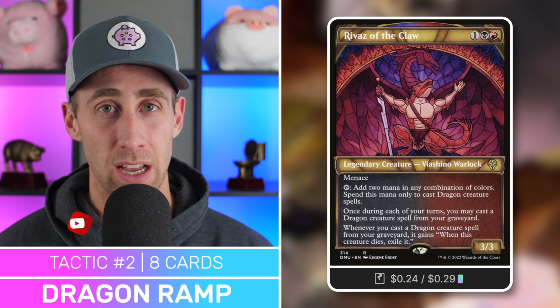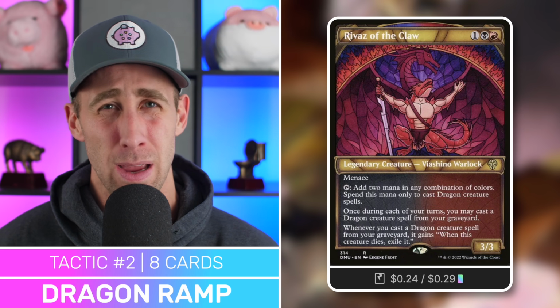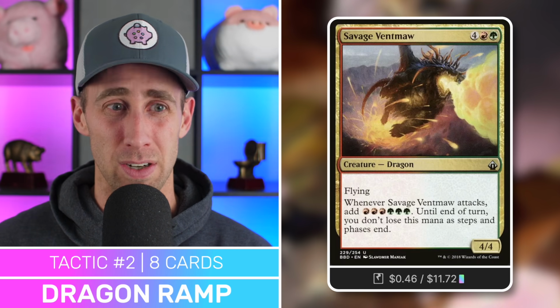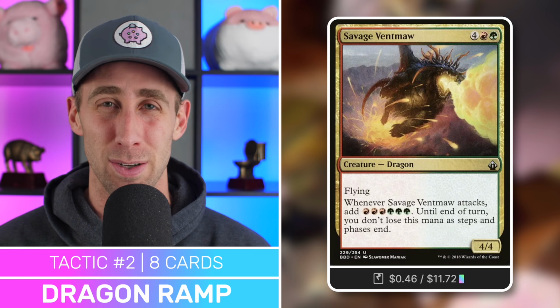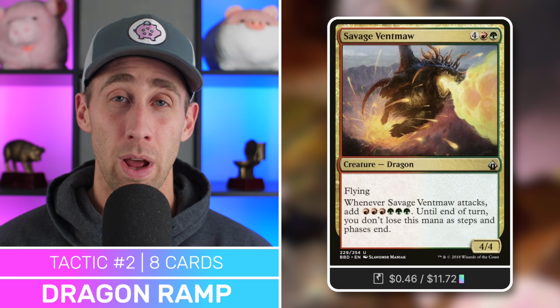That dragon will be exiled if it goes away, essentially, but that's fine. So yeah, I mean, hey, it's basically a mana dork dragon that is very good at mana fixing. One that doesn't really fix mana, but one that just fixes a lot of mana problems is Savage Ventmaw. It's a 4/4 dragon. Whenever it attacks, it's going to add, get ready for it, red, red, red, green, green,